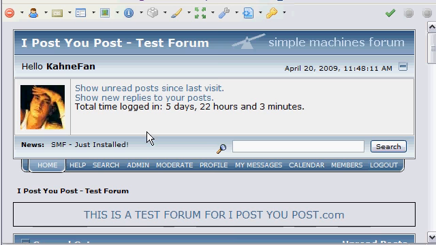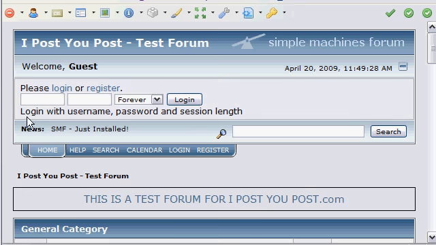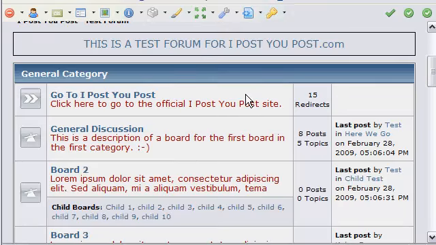And back to the making sure you are compliant, you always want to test it while you're logged in, but then you also want to log out and test it, because if you've edited anything that has to do with the guests, or even vice versa, it may be valid while you're logged in, but it may not be valid while you're logged out, and vice versa. So you always want to test it both ways,